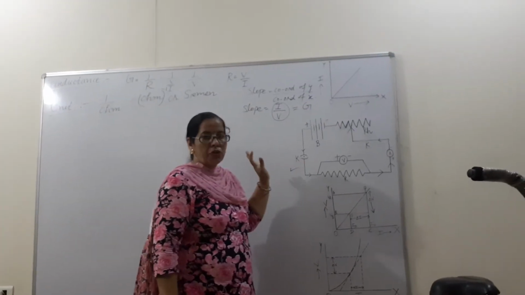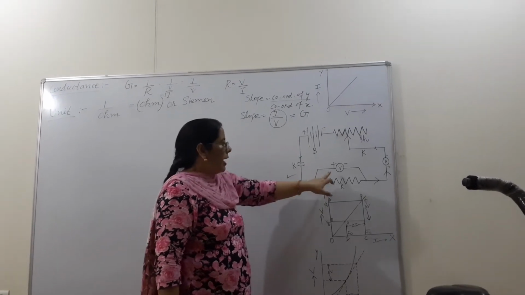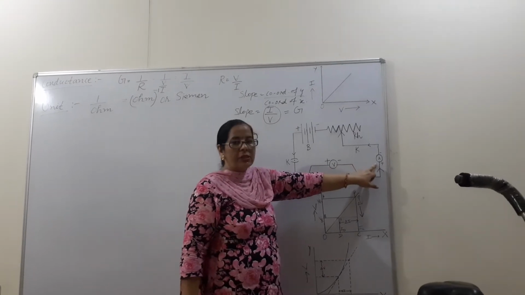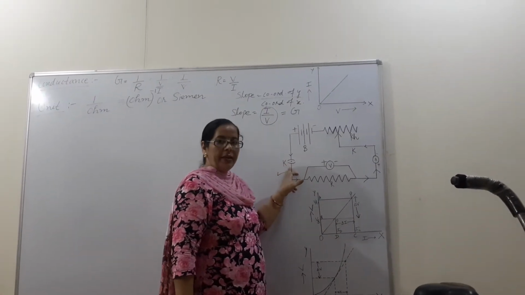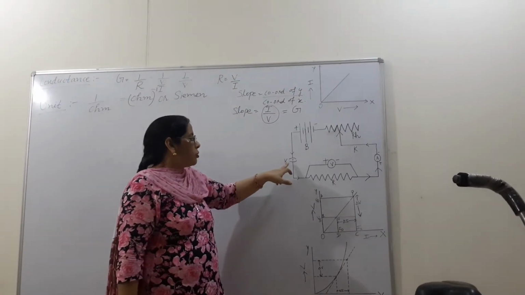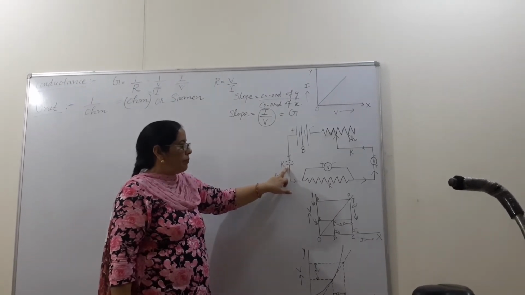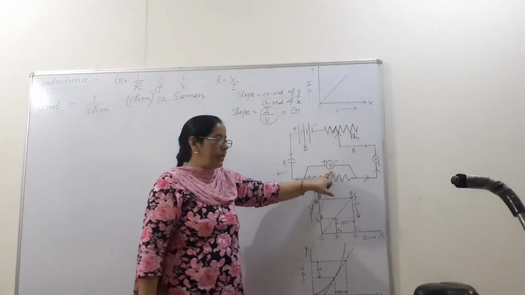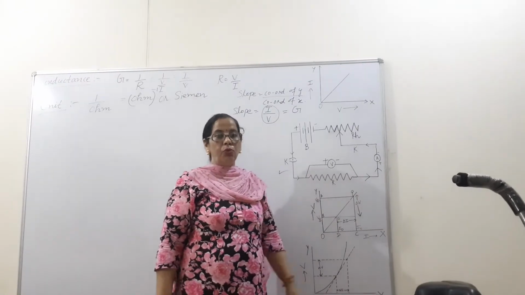Firstly, the circuit was off. Means the circuit was open only, no current was flowing. This was also 0. Here also it was 0. Then we will put in the key. We do that experiment in the lab also in 10th standard. So when we insert the key in the circuit, what will happen? There will be some reading on the voltmeter, and on the ammeter some reading will be there. But what do we have to do?